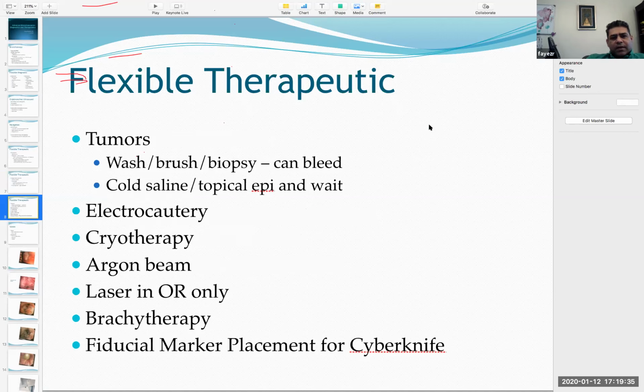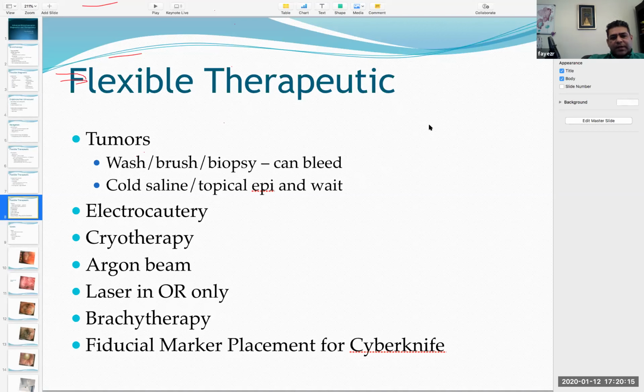Tumors in the airway, once you've diagnosed them using an EBUS or a wash or a brush or forceps biopsy, they obviously can bleed. And bleeding in the airway is tricky because, again, it clots the airways. It can lead to asphyxiation, suffocation, and impaired gas exchange. So you want to minimize the bleeding. And two things that work. One is ice cold saline. So you have your saline and you have your nurse keep it on ice, and you just use small amounts of that, and it freezes, not freeze, but